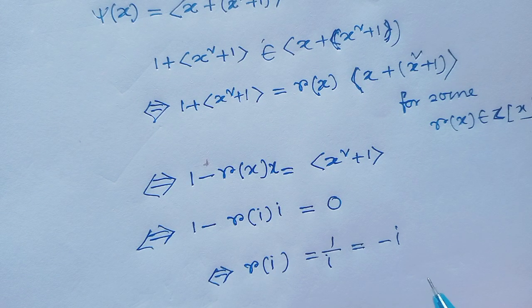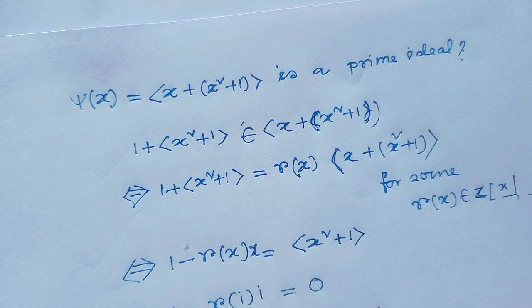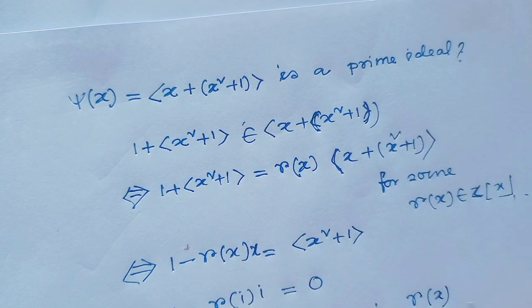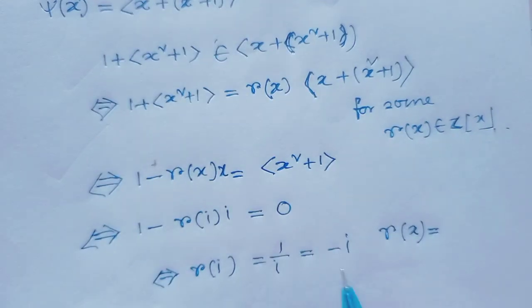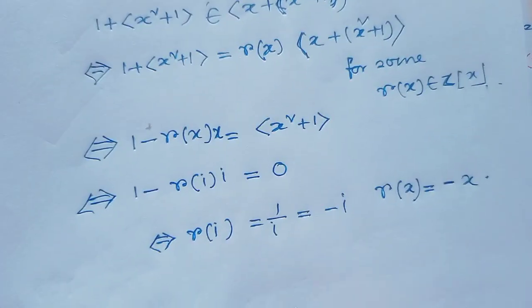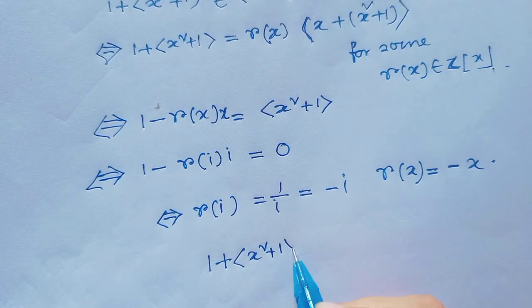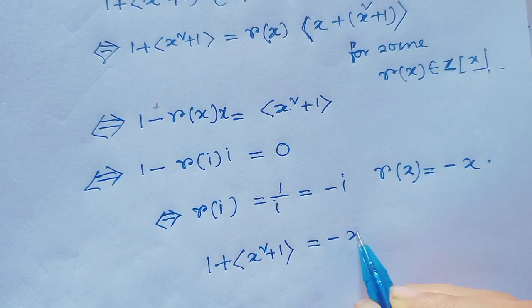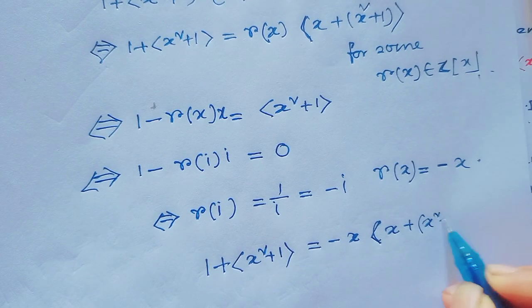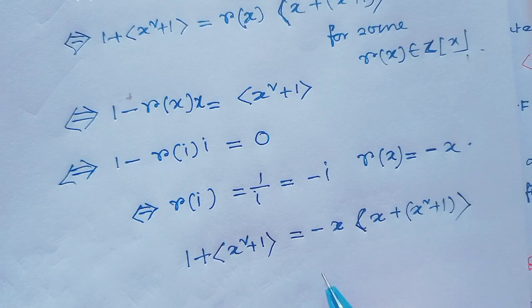So here, I have got R(i) equal to minus i, so R(x) equals minus x. So 1 plus the ideal generated by x square plus 1 has the value minus x times the ideal generated by x plus x square plus 1. Okay, and this is nothing but,